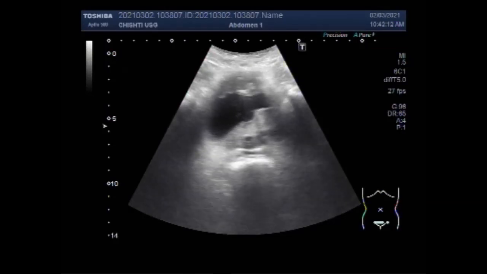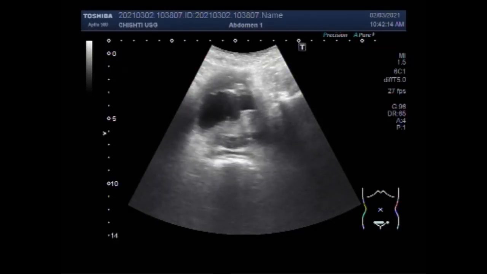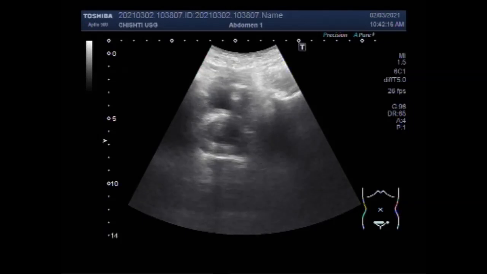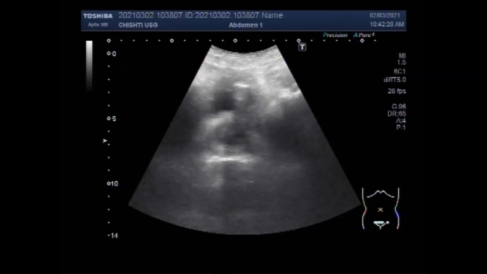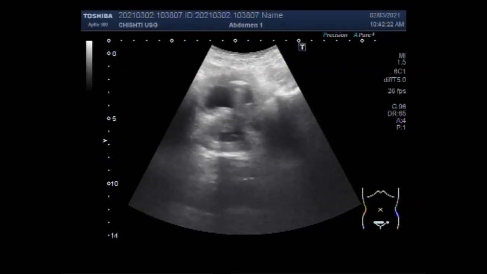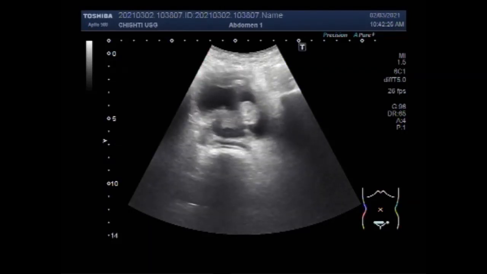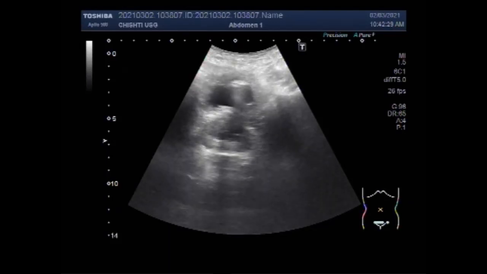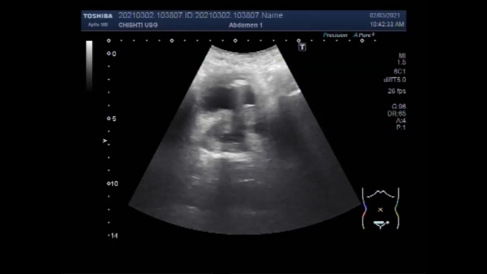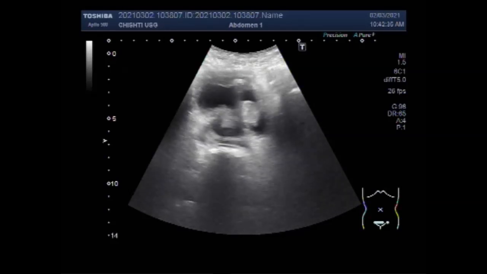Now you can see the prostate, the enlarged prostate gland, as well as a mass. Tumors can either be benign or cancerous. Bladder cancer or bladder tumors are relatively common, and most bladder tumors are cancerous.